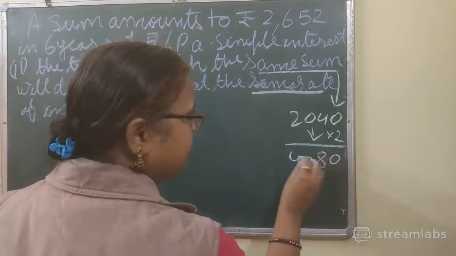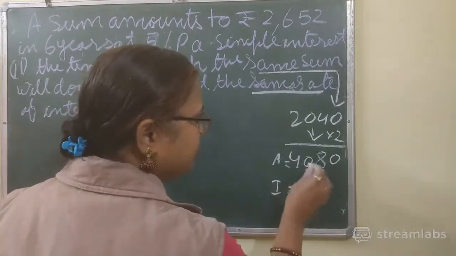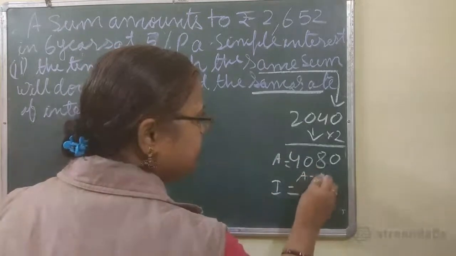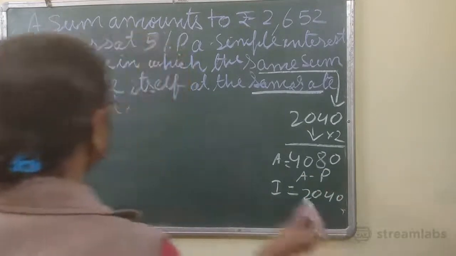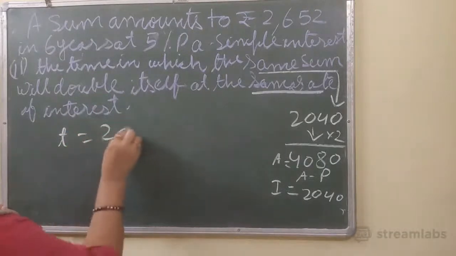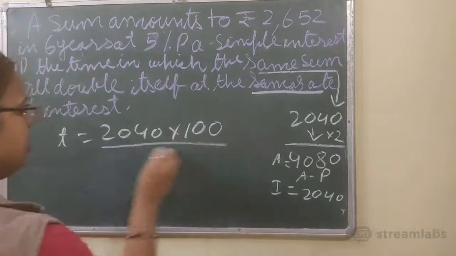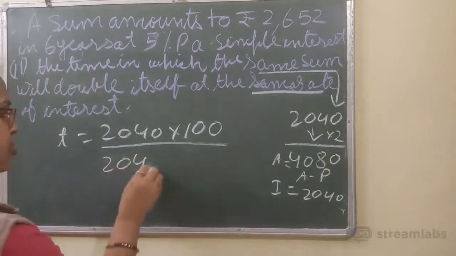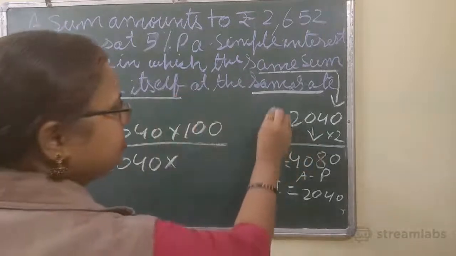4080. Clear? So this is your amount. Then the simple interest will be equal to what? Of course, when you do A minus P, you will get again 2040. So what you have to find out? Find the time. So time is equal to simple interest into 100 divided by principal. Again, principal is also here because it is double itself. So when this is the principal,